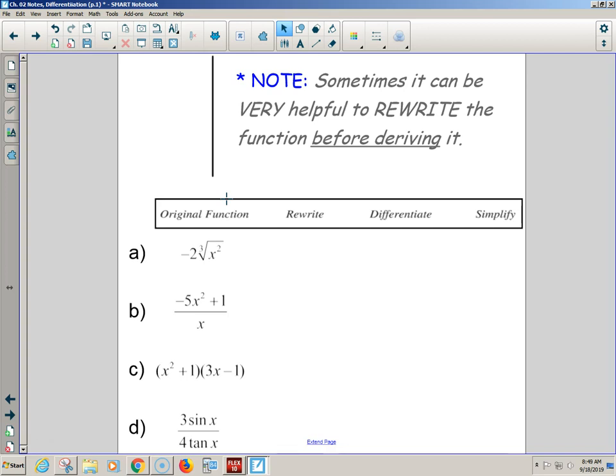That doesn't look like a basic rule. We did not do division. We did not do multiplication. We did not do... Oh, wait. What did I tell you about this guy a second ago? He's a fraction. He's not a fraction. Oh, his exponent's a fraction? So we could rewrite this as negative. Now, I'm not deriving it, so I'm not pulling up the red. I'm just rewriting it. I could make this x to the what power?